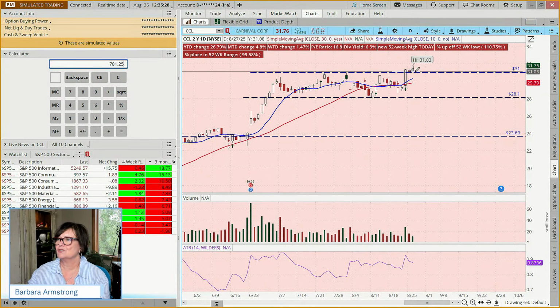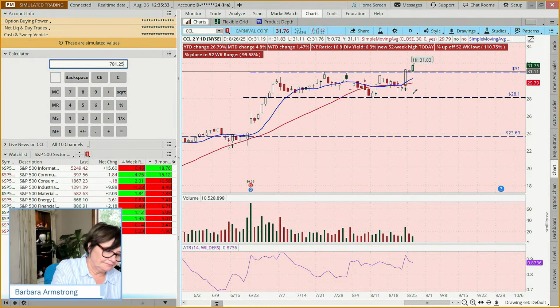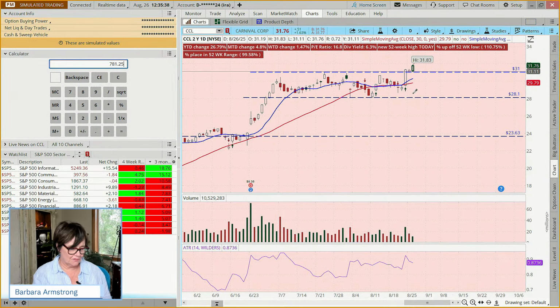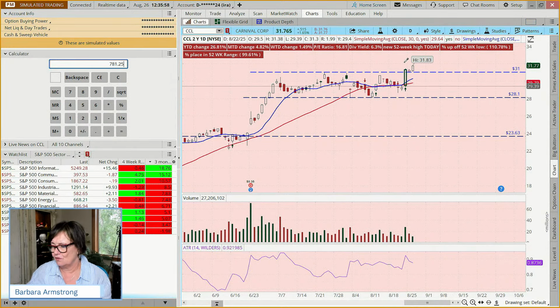And where would we put our stop? Well, we might say, hey, if it goes back below this 31 by more than 3%, it's not going in the right direction. So if I took 31 times 0.97, that would come to 30.07. And sometimes with these big numbers, like 30 is a big round number, so maybe we make our stop 29.89. And our target, maybe we make it 33.90 instead of 34 right on. I mean, you can do it however you like.